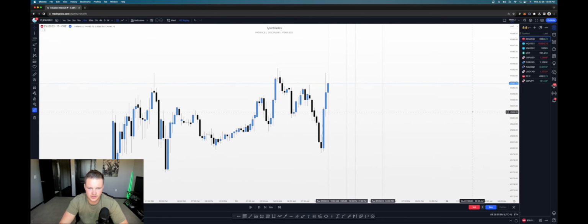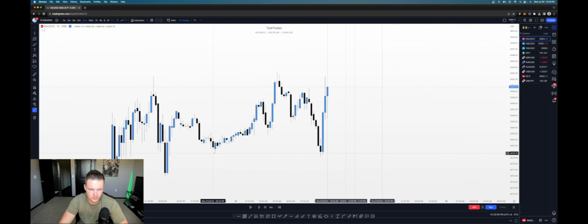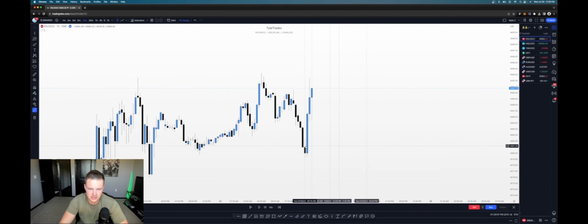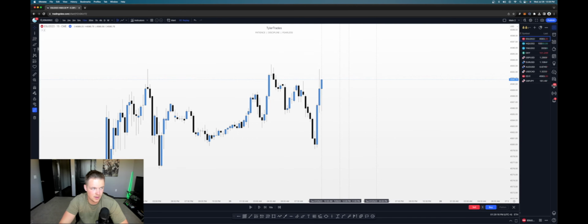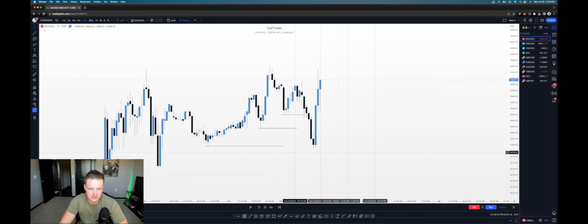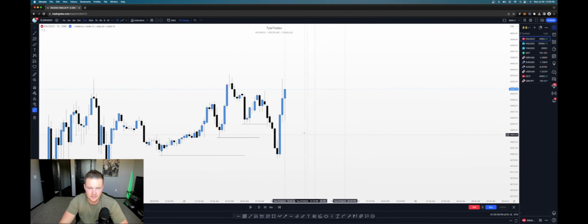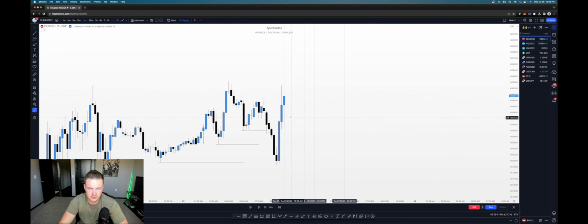So coming into the day, here's what we see. Right back here is this impulsive move down at New York Stock Exchange Open. This is New York Open right here, the 9:30 open candle. And what do we see has already taken place? Right coming into New York Stock Exchange Open, price had already come down and swept all these levels of sell side liquidity, right? We swept that low, we swept this low, and then we also swept this low. So all of these levels of sell side liquidity have now been taken out. These are London lows, these are Asia lows from previous day, and now we see price very aggressively displace